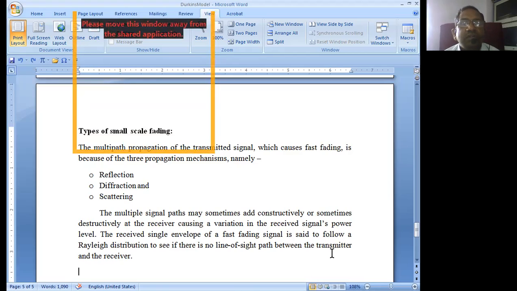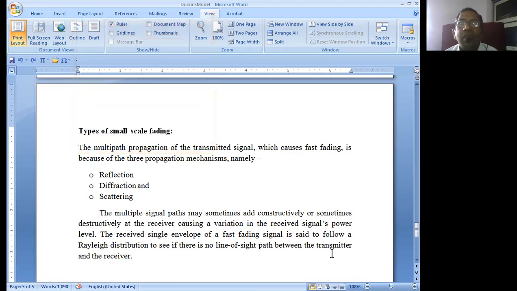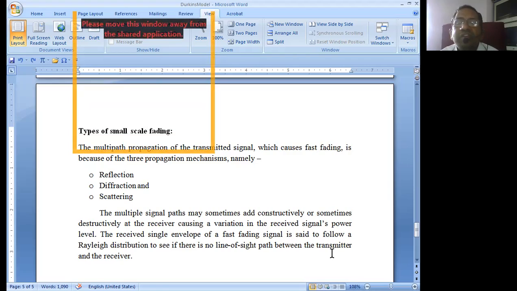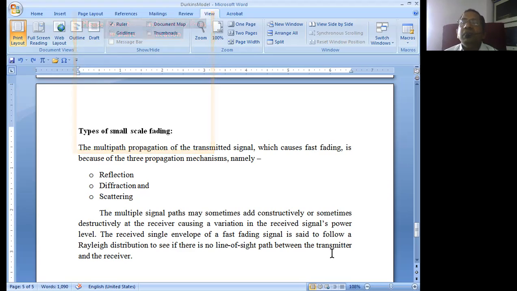The received signal envelope of a fast fading signal follows a Rayleigh distribution if there is no line of sight path between the transmitter and receiver. So the receiver solves this problem by incorporating the Rayleigh distribution principle. It considers the signal to come in a Rayleigh distribution fashion, which will be encoded at the receiver side. Along this Rayleigh distributed path, the transmitter does the channel coding and embeds more of the signal along the Rayleigh distribution,